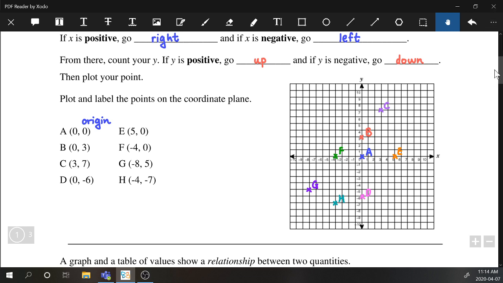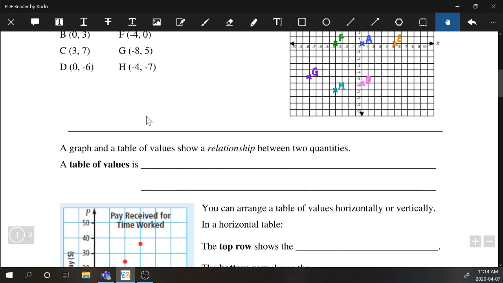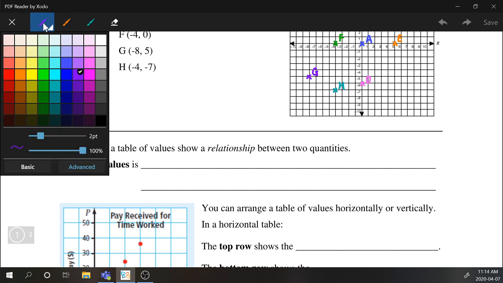Another way that we're going to look at linear relations is to graph them. That's why we want to review how to use the coordinate plane. Also going to look at table of values. So table of values, quite simply put, is,